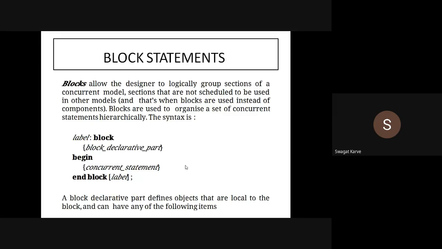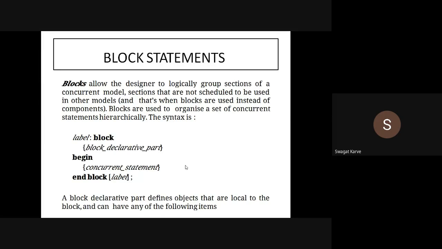But the condition is, it has to match with each other logically. त्या ब्लॉक मधला प्रत्येक कॉन्करंट एलिमेंट किंवा कॉन्करंट मॉडेल हे एकमेकाशी लॉजिकली मॅच पाहिजे, तर आणि तरच तुम्ही त्याचा